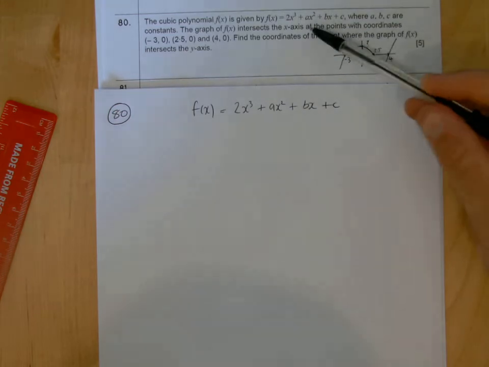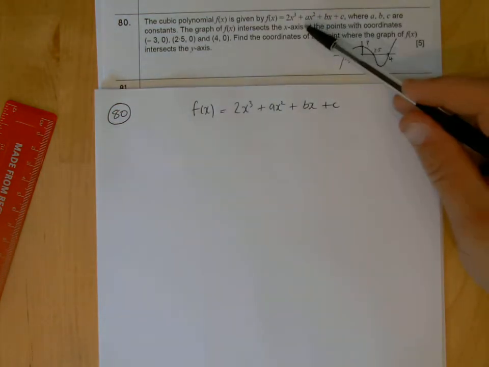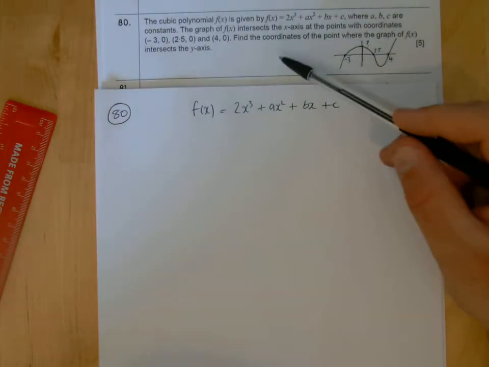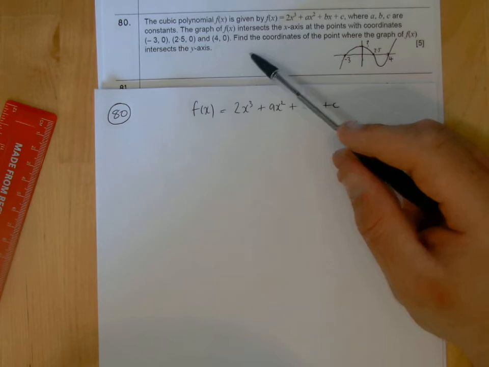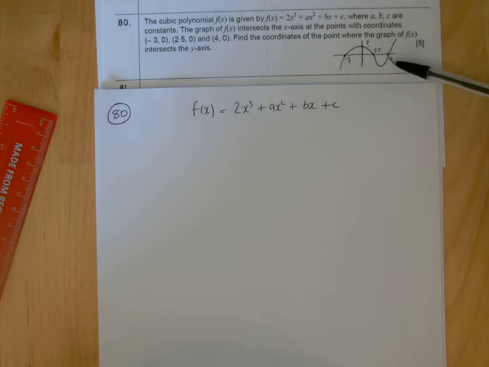So we're given here a cubic polynomial. This is in terms of a, b and c, isn't it? We don't know what those values are, but they do tell us where the graph intersects with the x-axis, okay? So it intersects at these points, and I've done a quick sketch here of what it could look like. -3, 2.5 and 4 is where it intersects the x-axis, and they're asking us to find the coordinates of where the graph